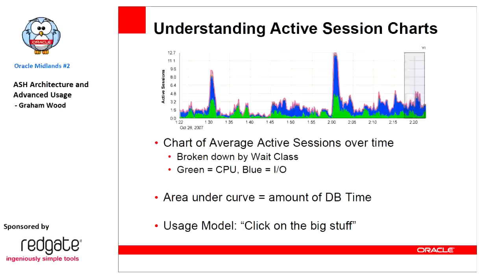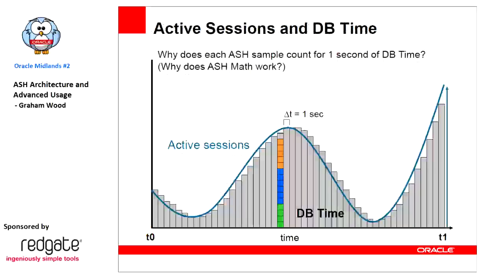Okay, let's skip through this. So, database time is our area under the curve. Our ASH samples are effectively histograms under that database time curve. And if we look at a 1 second interval,